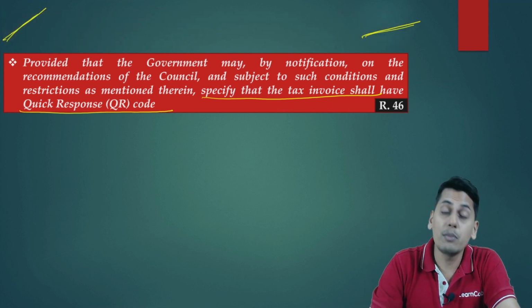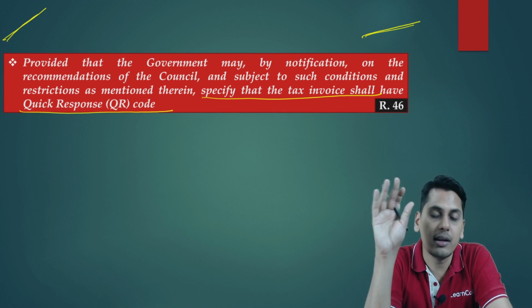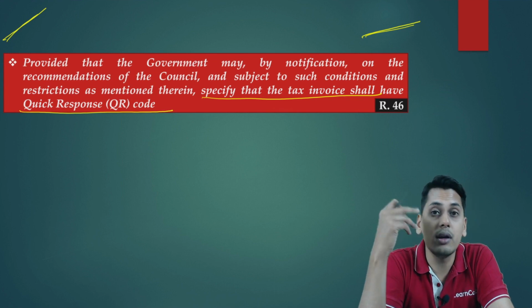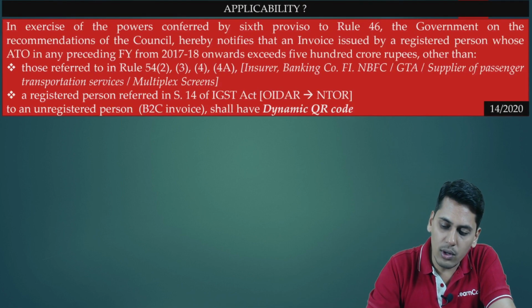The 6th proviso to rule number 46 also tells you that the government, by notification, will specify that a tax invoice shall contain a quick response code. Now friends, what is this quick response code containing? Let's have a look at the notification